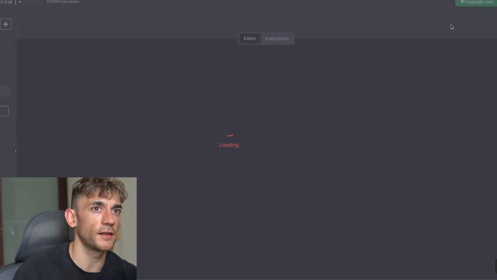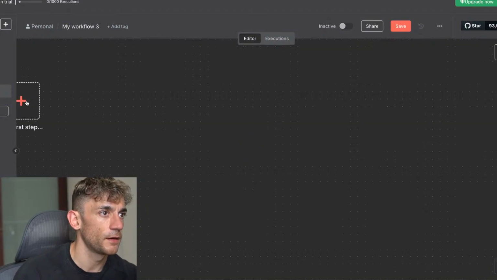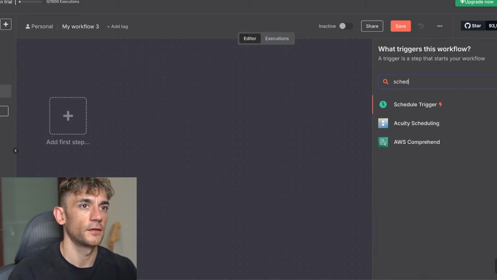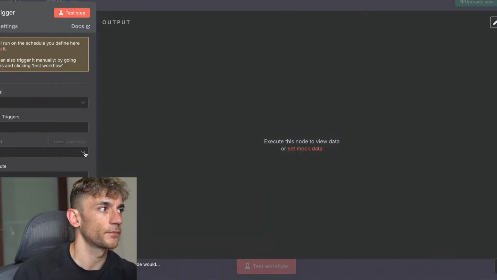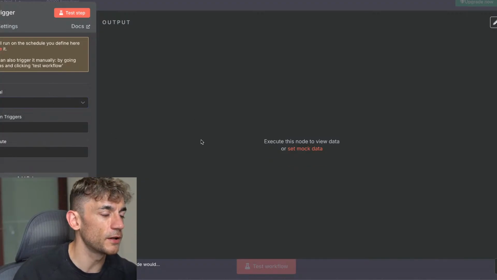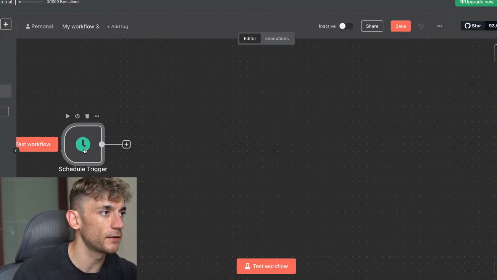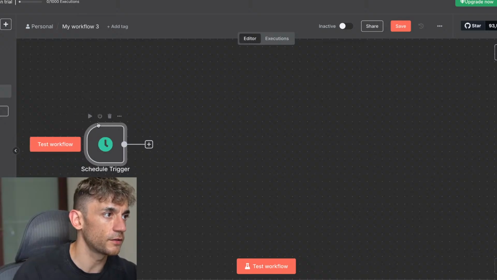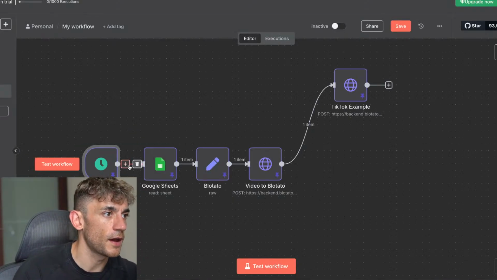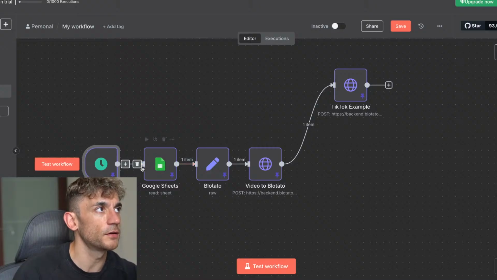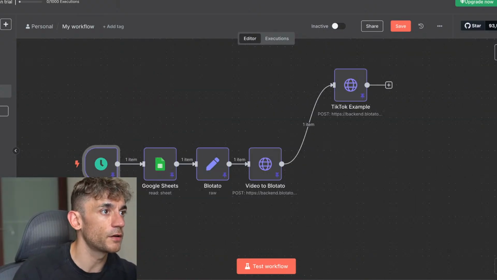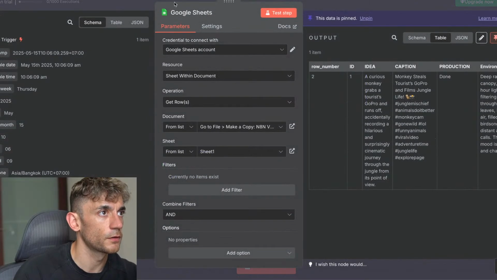All right, so you're going to click on create a new workflow in the top right. Then from here, we can just add a new step, and we'll call this schedule trigger. Like you can see. Now you can schedule this hourly or every 20 minutes, however often you create content. But essentially what we're doing here is we're going to schedule this to run on autopilot so that we don't need to post ourselves. And this is going to take URLs from a spreadsheet, read them, and then post them directly to social media. So let me add another